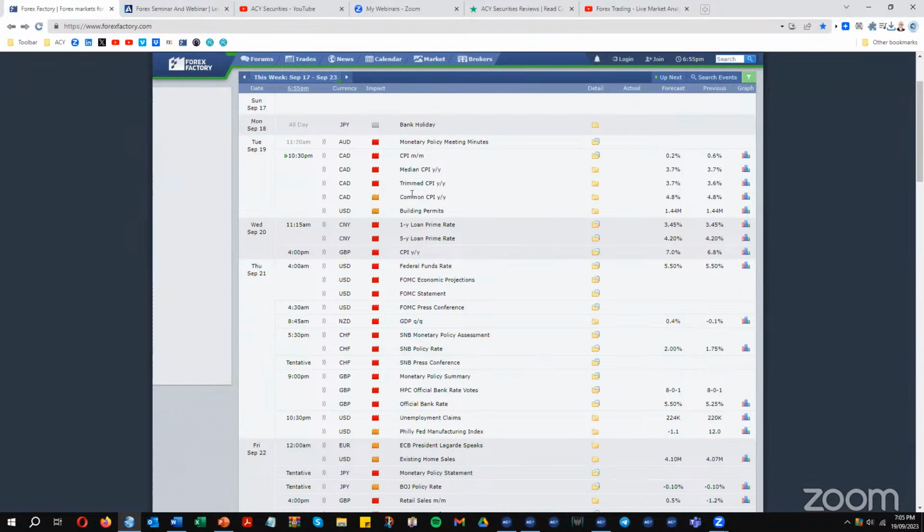So I'm just going to look at the charts from an analytical point of view. You need to work out how you want to trade as we take into account these news items, okay? All right, so I'll just analyze the charts and you can work out what you want to do from a